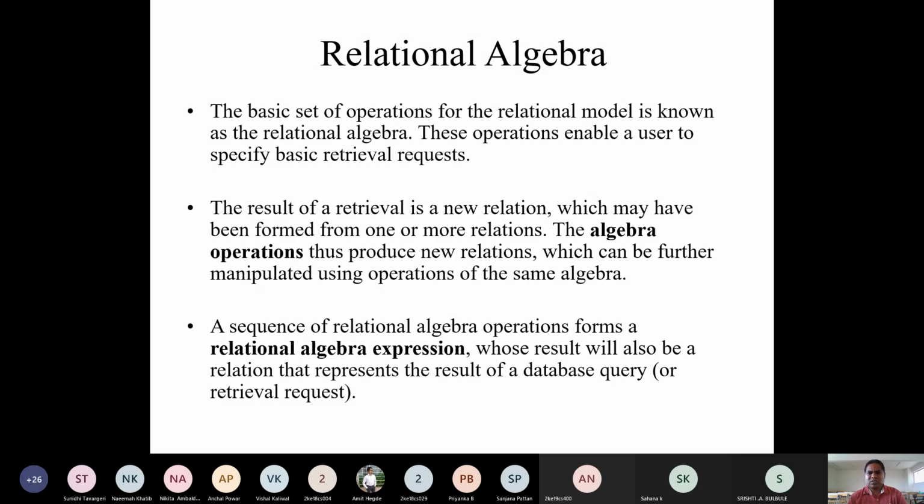The data is no doubt manipulated in display, but not in the actual database or actual storage. The result of retrieval is a new relation which may have been formed from one or more relations. The algebra operations thus produce new relations which may be further manipulated using operations of the same algebra.